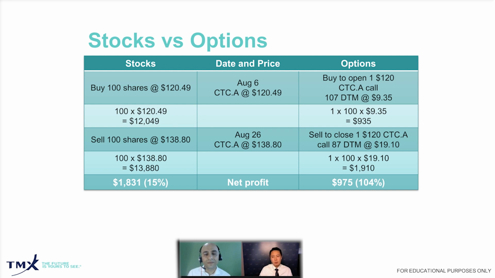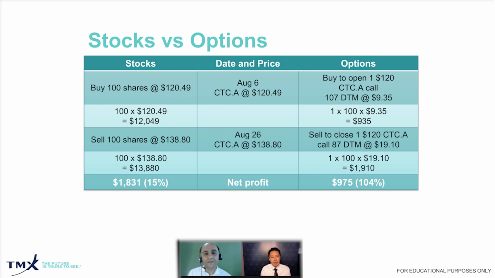Now, for those who see this, they can also say that $935 is also a benefit. Why? Because by purchasing a call option, you know in advance what your maximum loss is. Now, the other risk about trading options is that time is not your friend, because the time value of the option premium is going to decay or depreciate over time. So as the option approaches expiry, that option premium is going to decay.